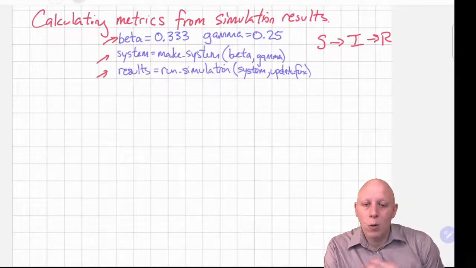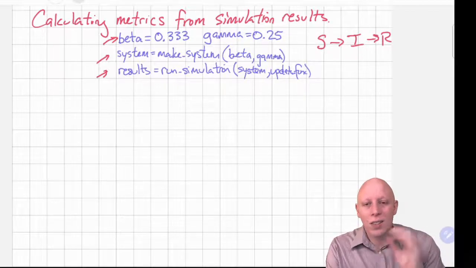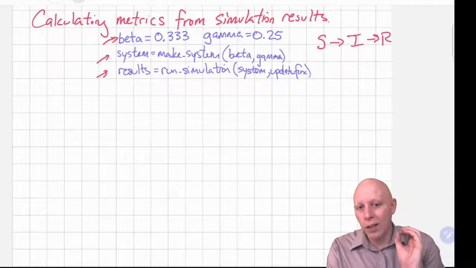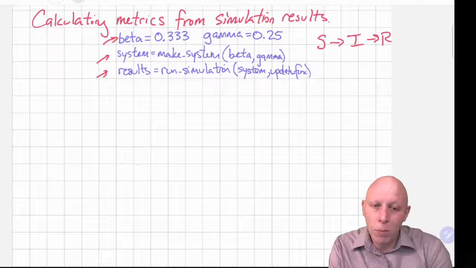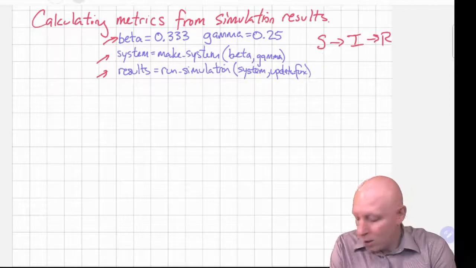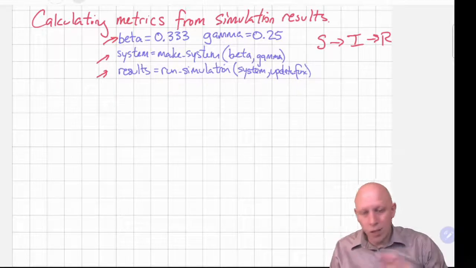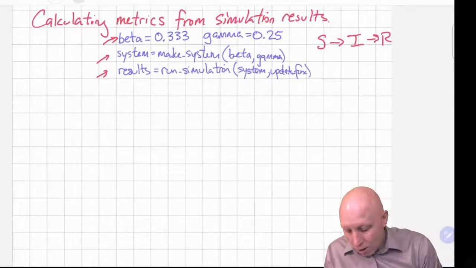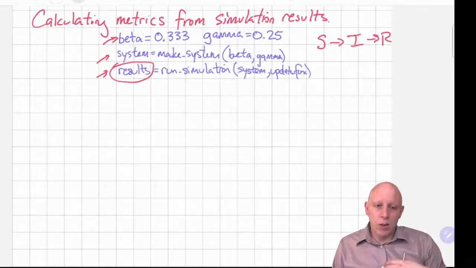So what we want to do now is, again, make another tight piece of code that is going to give us the metric that we care about for our simulation. So we want to start off with our time frame object,